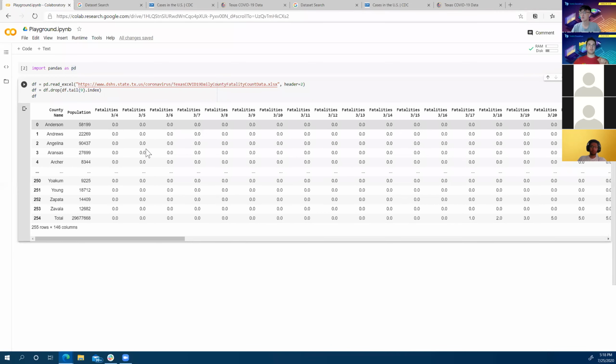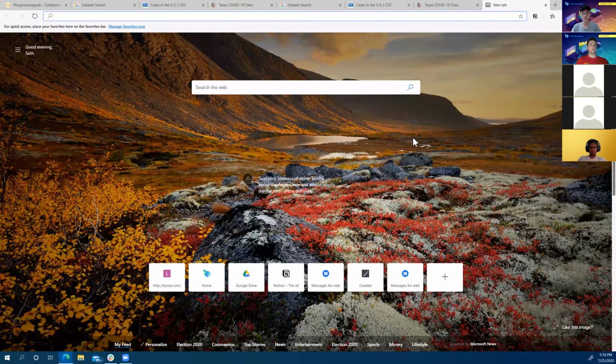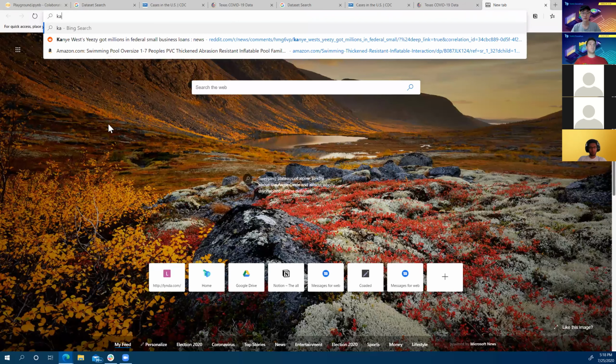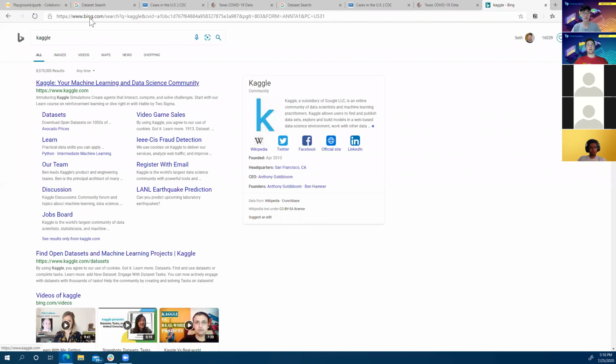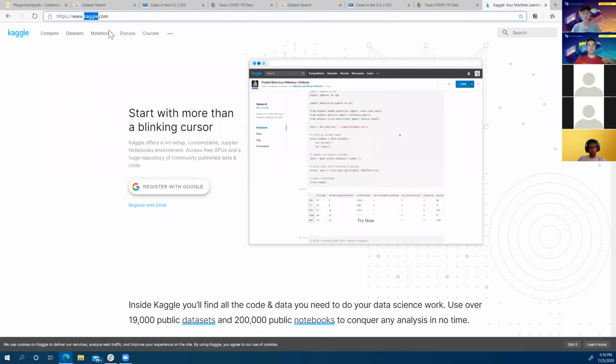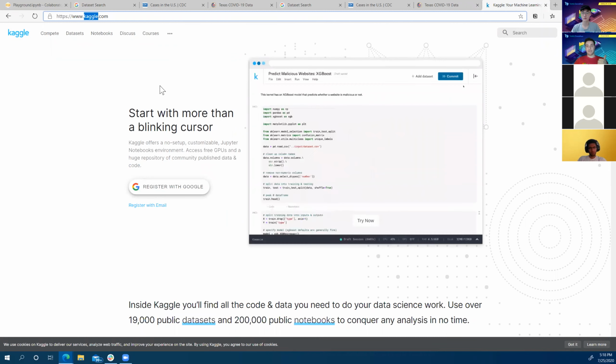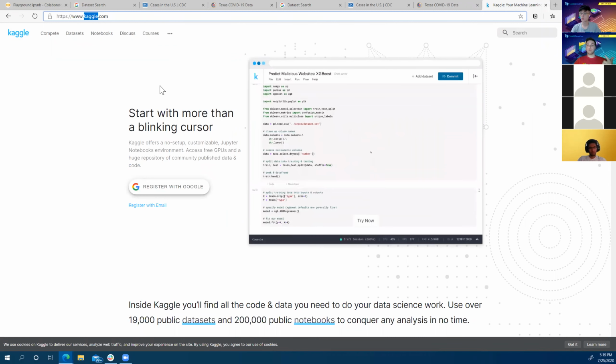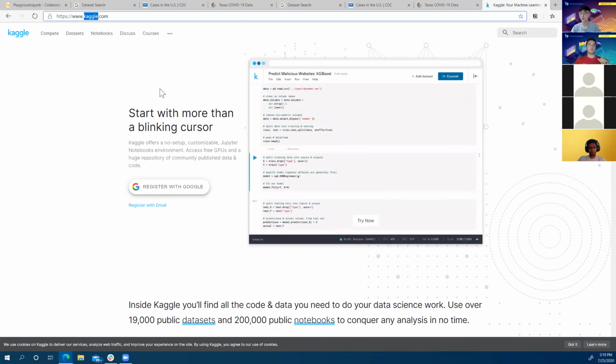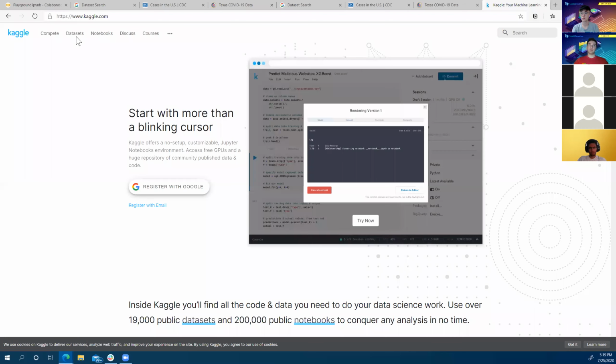We're going to start from the basics for the data frame data structure in a little bit. But before we do that, I want to show you guys one other cool website to find this type of information. If you Google for Kaggle or just type in kaggle.com, this is an amazing website to do data science competitions, and find notebooks or code that other people have done for data science. Kaggle actually hosts their own notebooks, something very similar to Colab. They have their own kind of Jupyter Lab version as well, but they also have their own data sets.